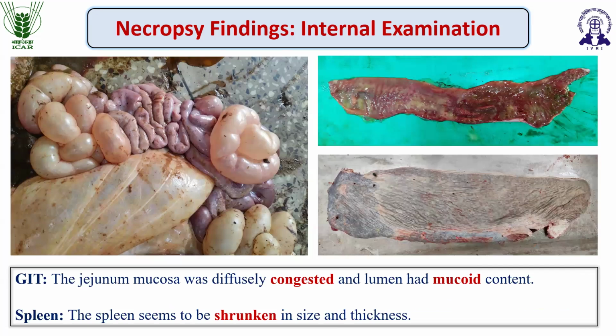On examination of the GIT, the jejunal mucosa was found to be highly congested, as indicated in the second picture on the right side, and the lumen also had mucoid content. The spleen was shrunken and was taken for histopathological